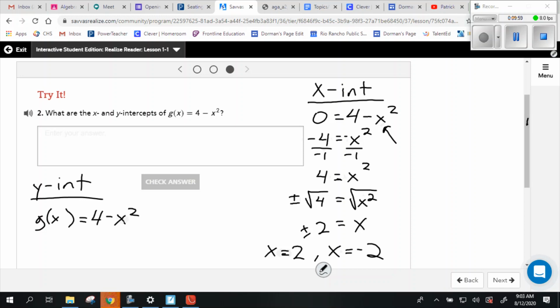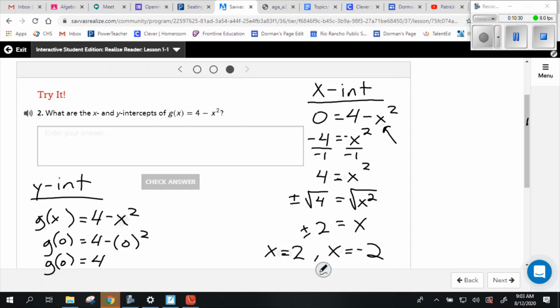When x is 0, in other words, g is 0, we get that y is 4, right? I put g of 0 there because if we're going to substitute 0 in for x, we're going to have to do it for both, right? So our y-intercept then is at